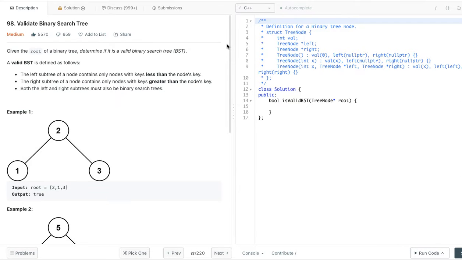Hello everyone. Today we are going to discuss LeetCode problem 98, Valid Binary Search Tree. As we can see here, given the root of a binary tree, determine whether the tree is a valid binary search tree or not. And here we are given some definition of what a valid binary search tree is. In a left subtree, nodes contain only keys less than the node key,